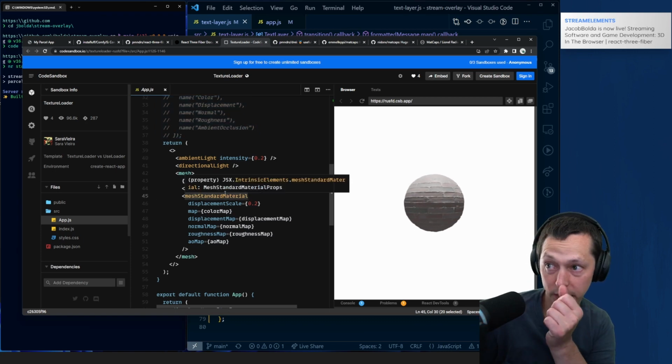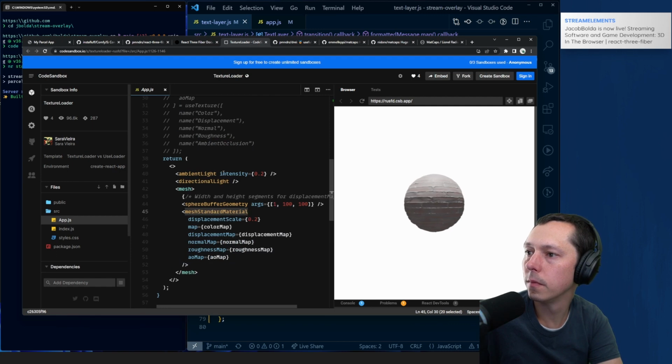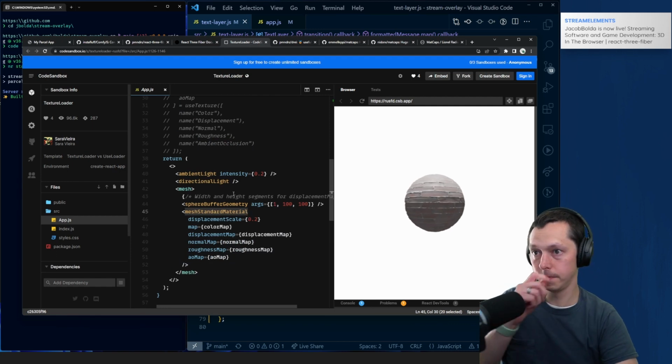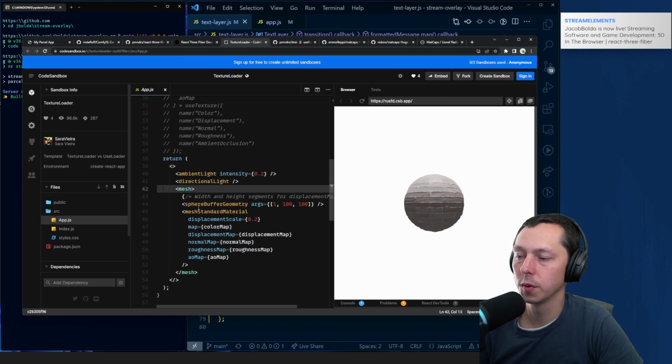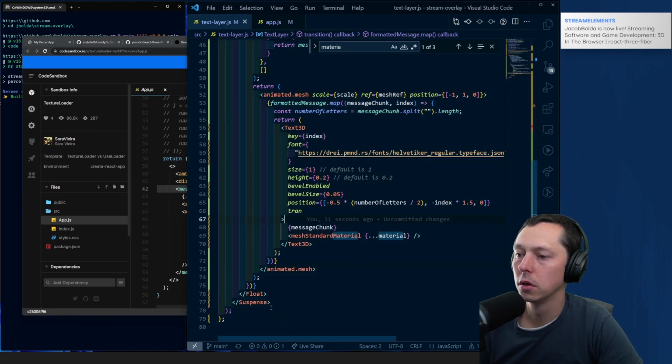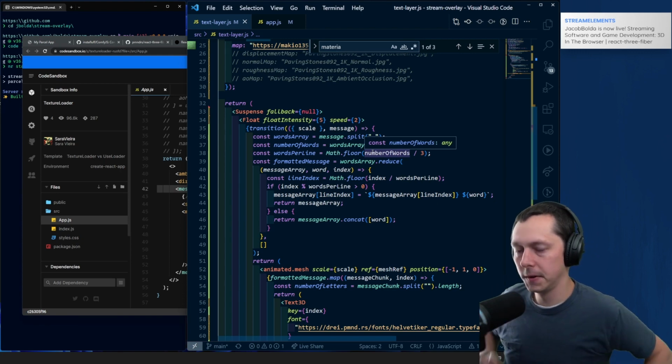And we're applying it to the mesh standard material. So animated mesh, so we're within a mesh. Are we using an ambient light? Kind of a side question, but